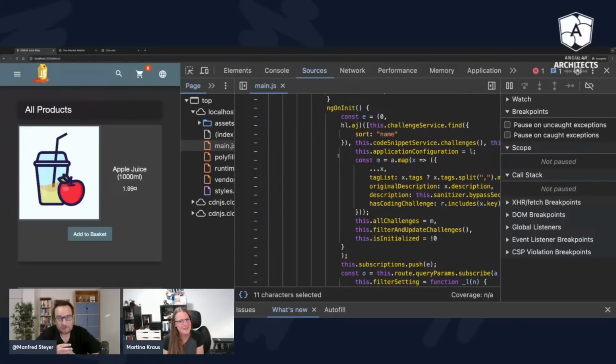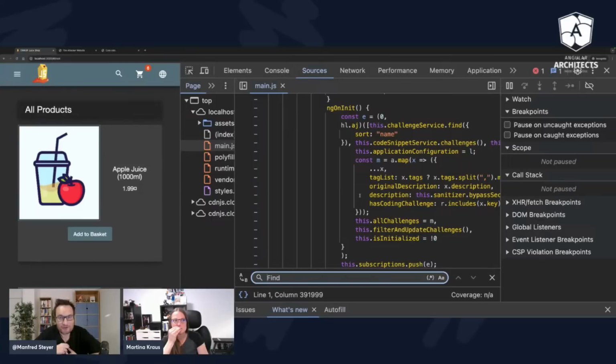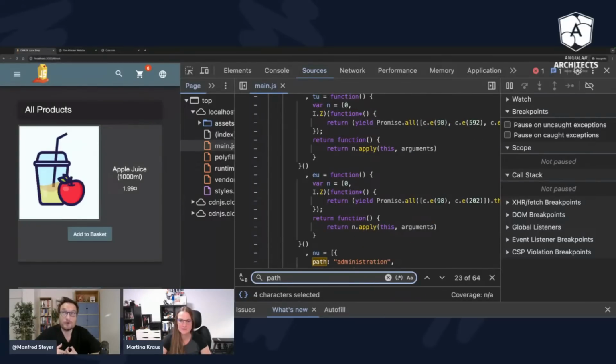Yeah, something like routes, I guess, or component, or path, or just app.routes, I guess. Yeah, let's try path. RouterModule or provideRouter, something like this.